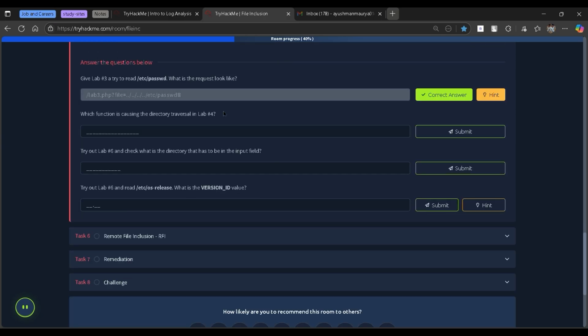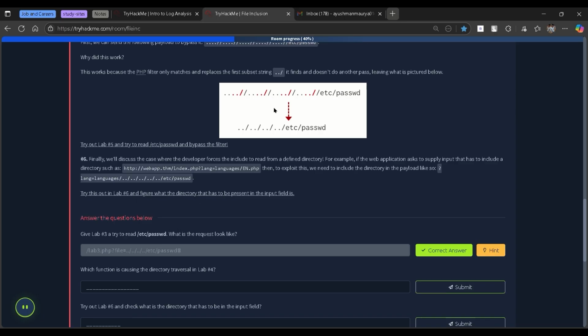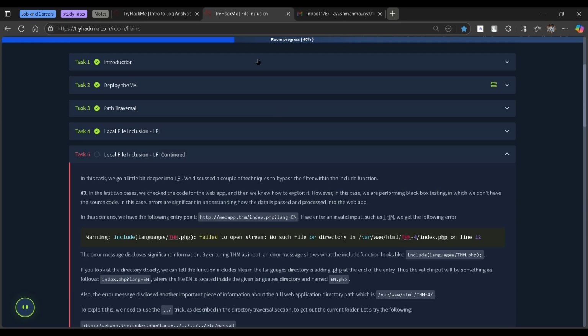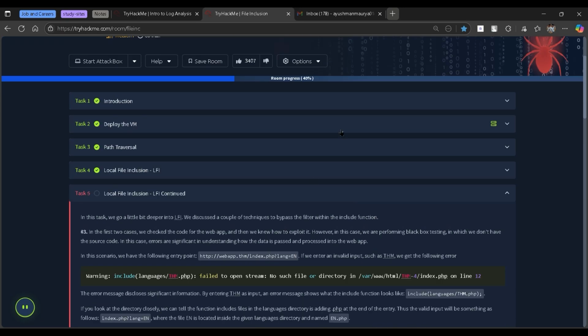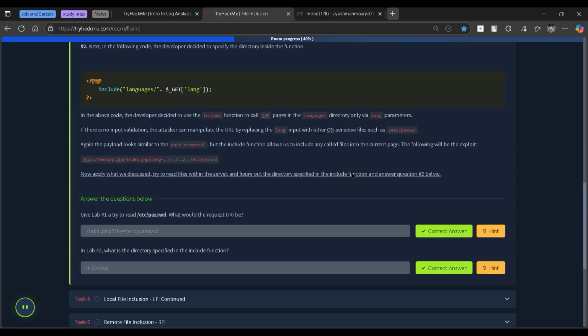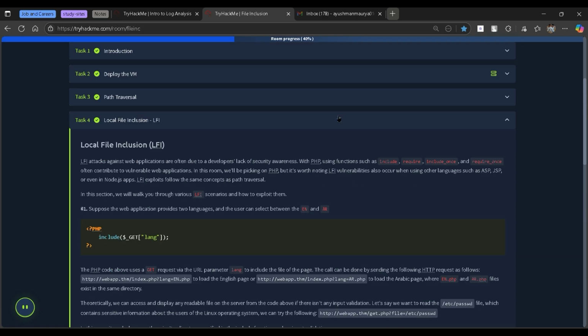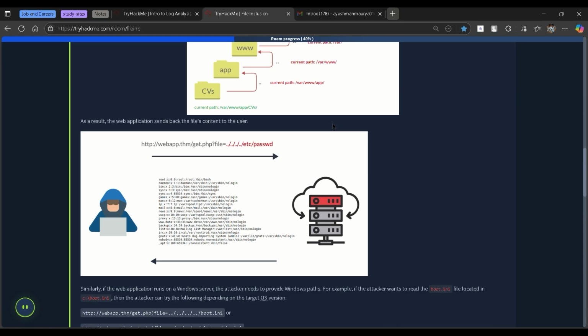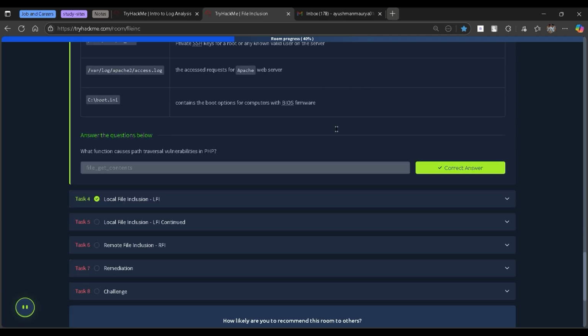So what is the question related to the lab code? Which function is causing the directory traversal in the lab code? We will answer this earlier. It was given there, so I think